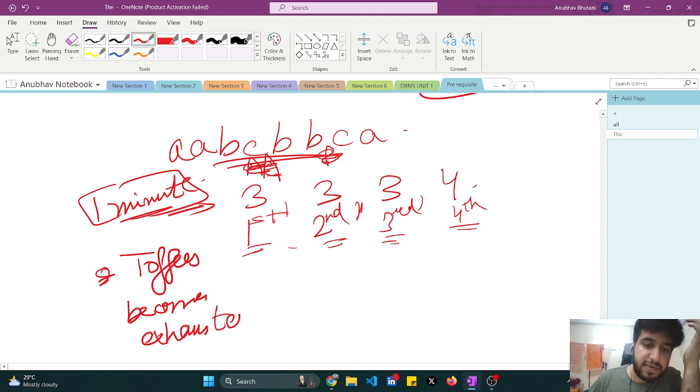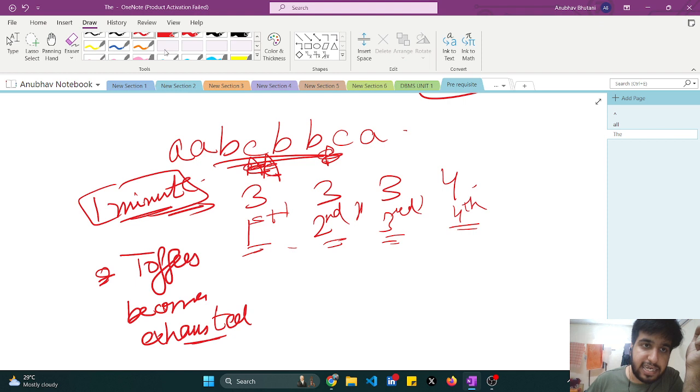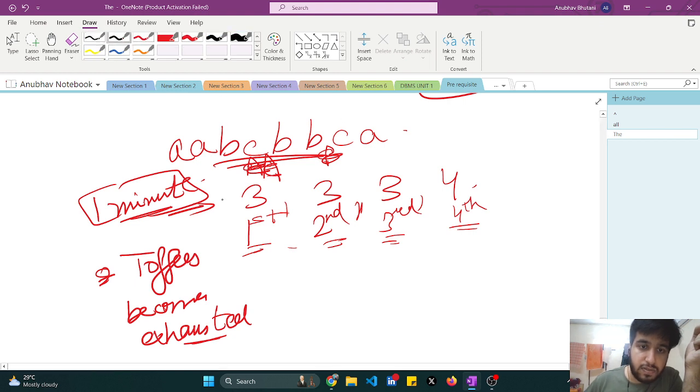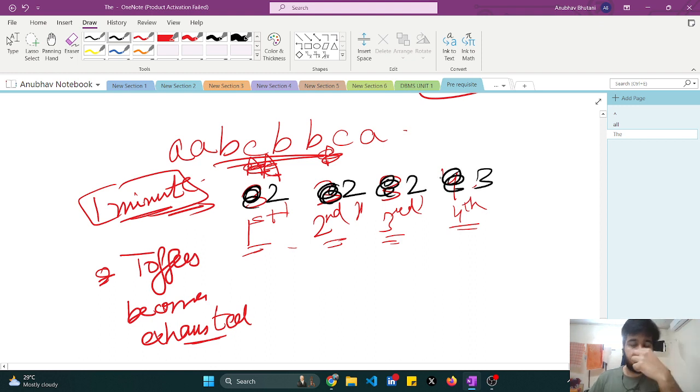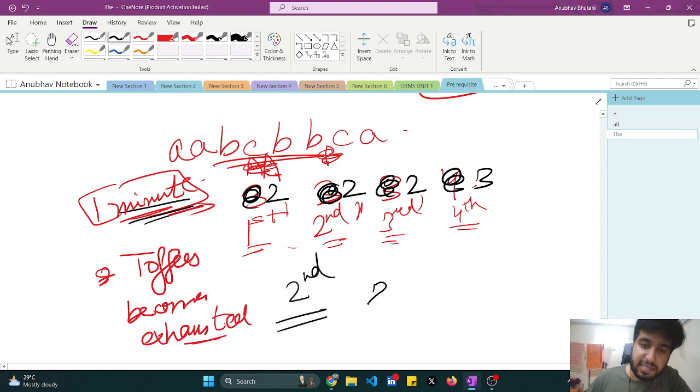In the first minute, they'll eat one toffee. So this 3 becomes 2, this 3 becomes 2, this 3 becomes 2, this 4 becomes 3. Let us talk about the second minute. It becomes 2 2 2 3. We have to calculate